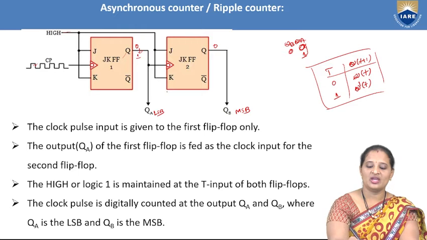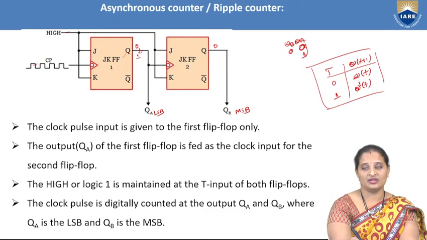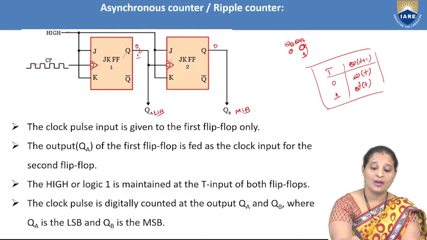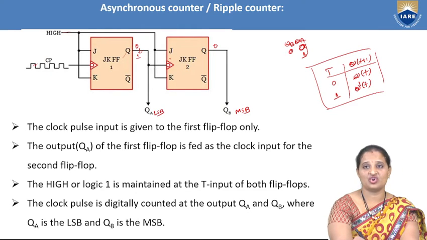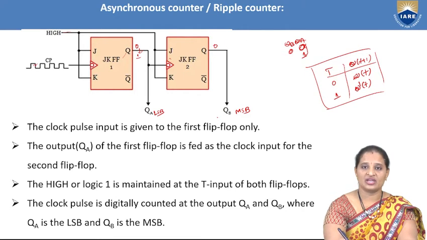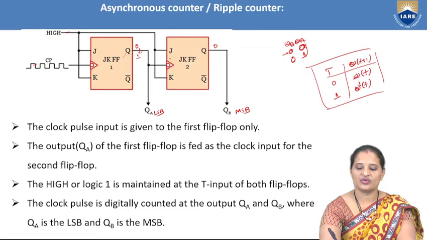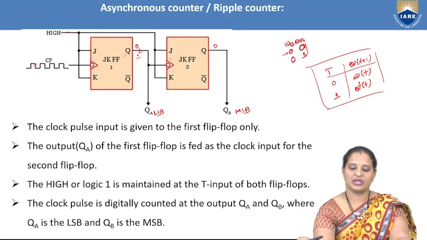So that is why this flip-flop, as we have connected J and K inputs to high, but the clock is having a transition of 0 to 1. That means we have a positive edge and hence there will not be any change in the state of the second flip-flop, and hence it remains in the same state. What was the present state here? 0. So that is why it remains in the present state 0.